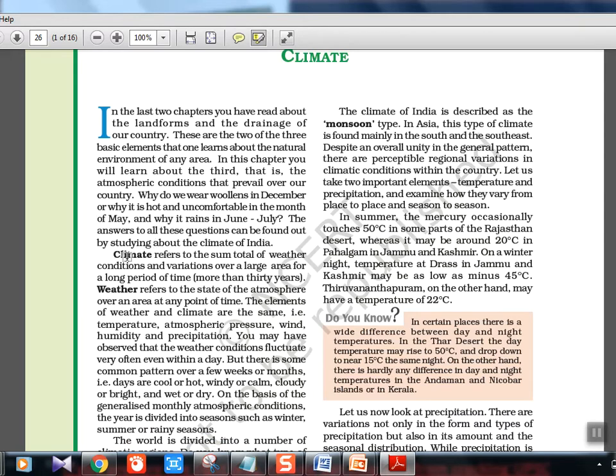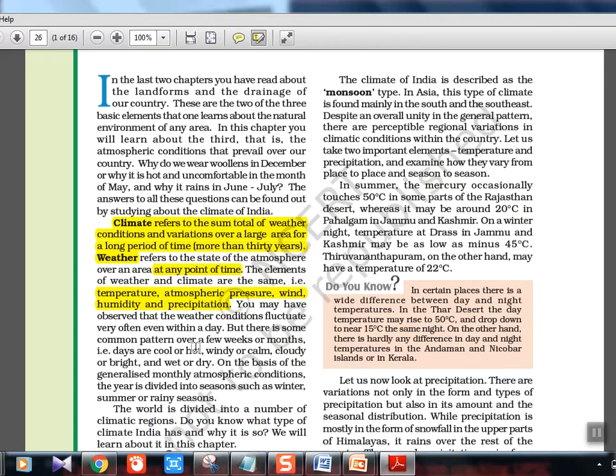Okay, so basically the two definitions, climate and weather, we already saw in lower classes. Climate is a total or holistic thing, covering a long period of time. Weather is something like you just look outside the window and tell, today is a fine sunny day, today is a rainy day. Just looking and telling the instant thing at any point of time, that is weather. That's the basic difference. But the common thing between them is that they deal with the same things, like temperature, atmospheric pressure, humidity, precipitation. But one is one point of time, one is a longer time.